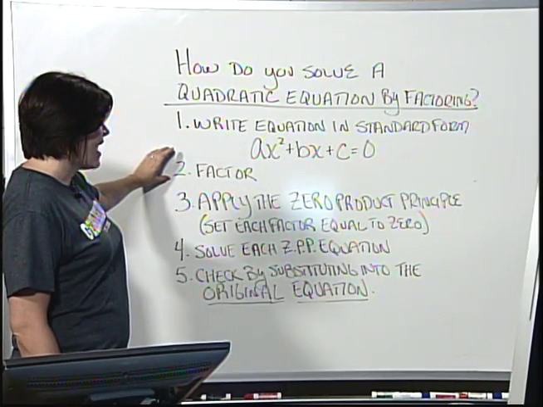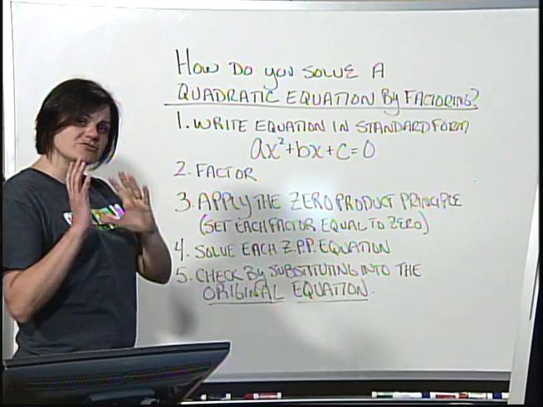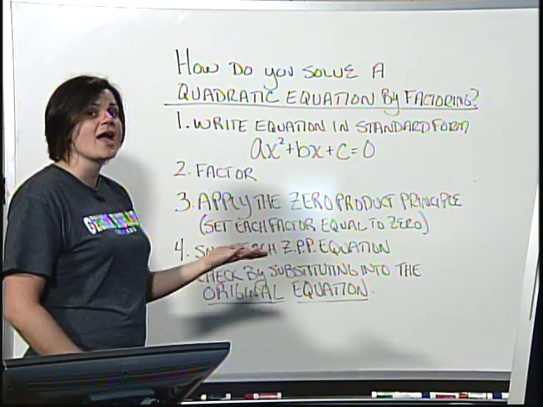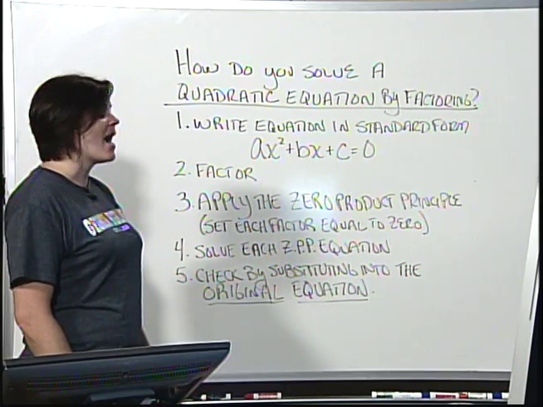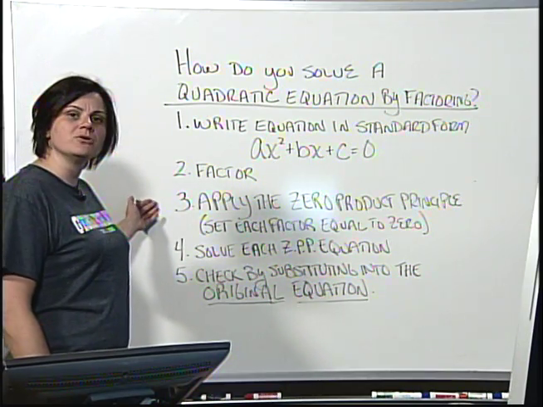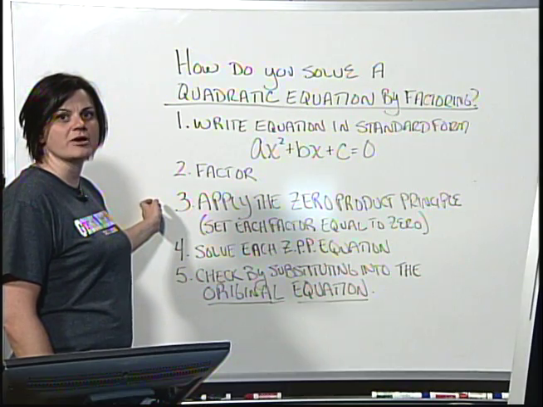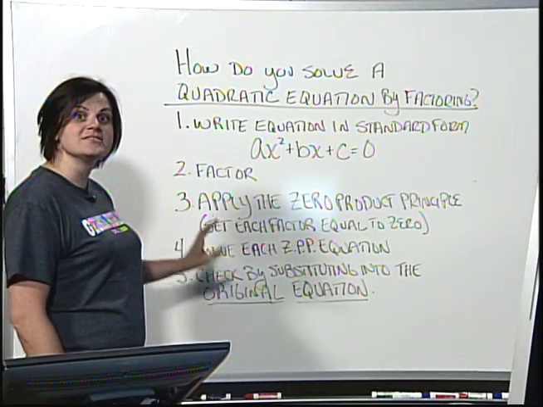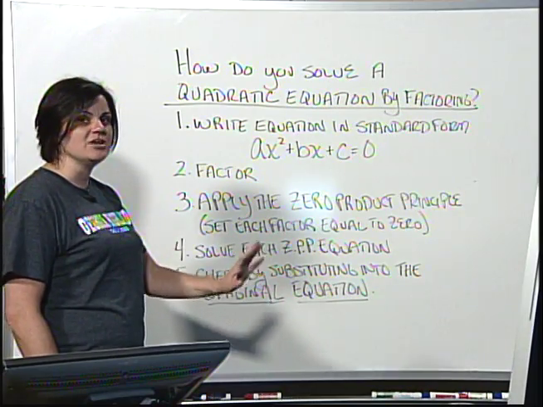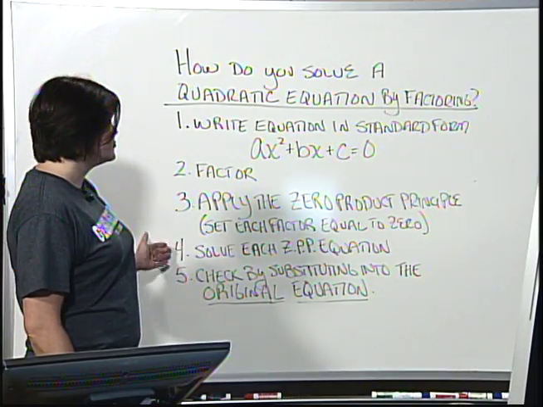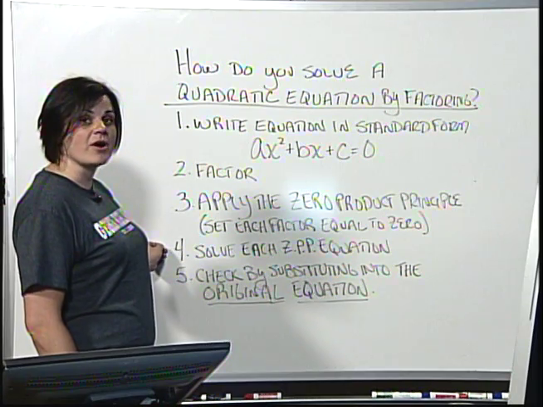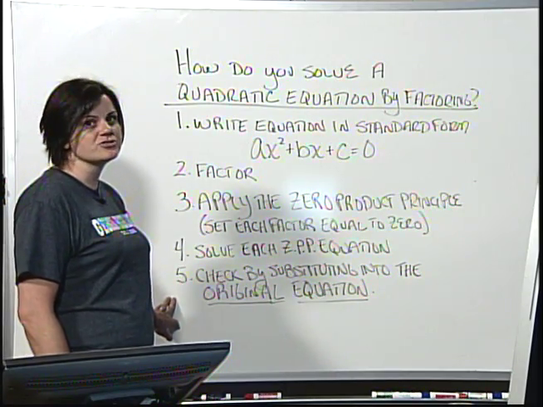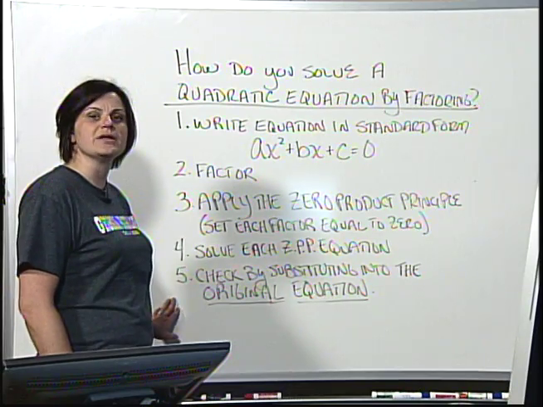After you have it factored, you'll have two or three factors being multiplied and equaling 0. At that point, you'll be able to apply the zero product principle. The zero product principle has us set each factor equal to 0. You'll solve each of those zero product principle equations,